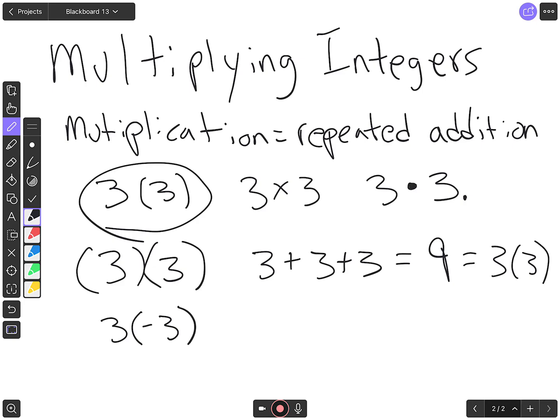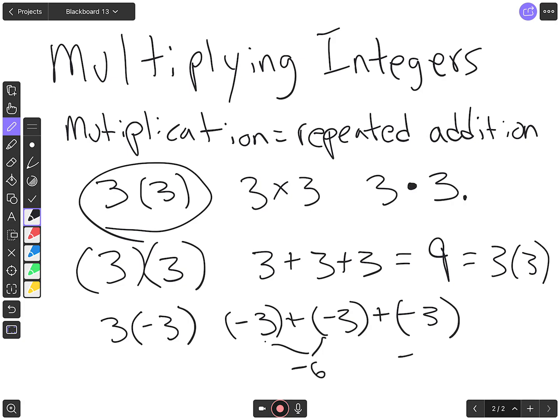But we're saying 3 times negative 3. Well, what does that mean? That means I am adding negative 3 times. Okay, so negative 3 plus negative 3 is negative 6, and negative 6 plus negative 3 is negative 9, so